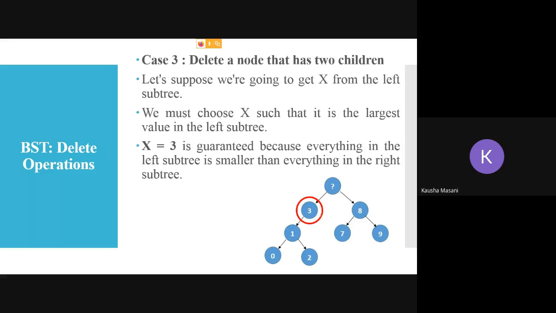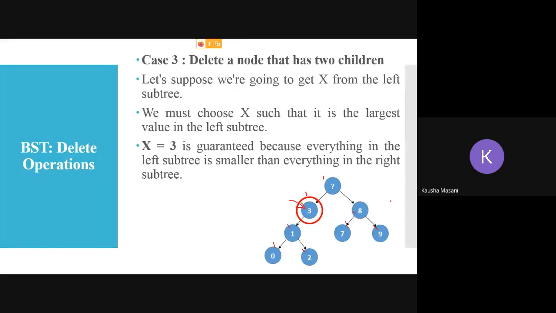So what we did, if you observe here, we are deleting this node, we are freeing up this node. If you go and count here, how many nodes can you see in the picture? 1, 2, 3, 4, 5, 6, 7, and 8.